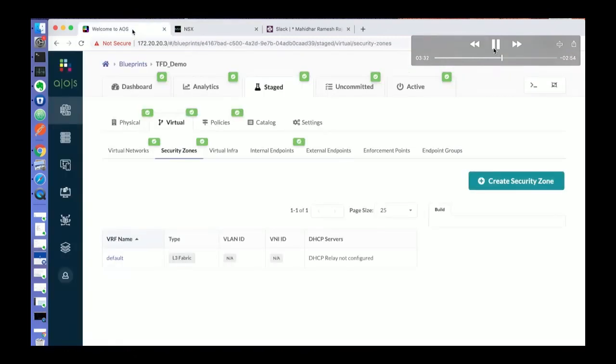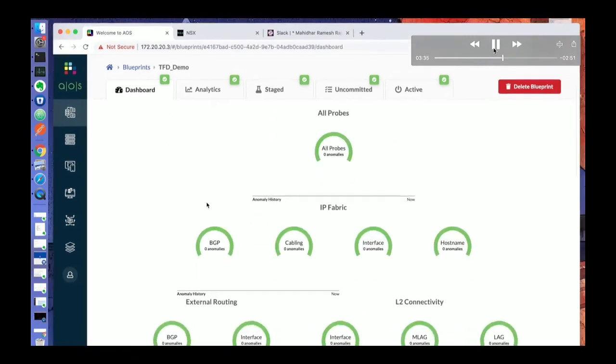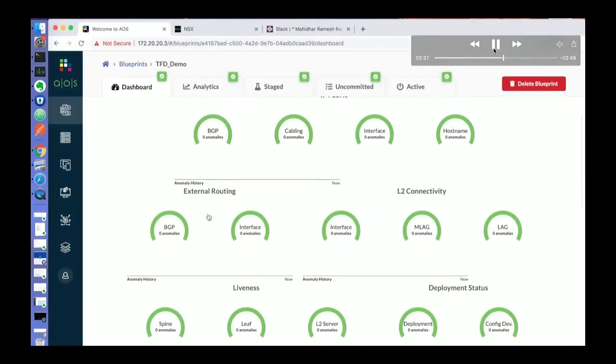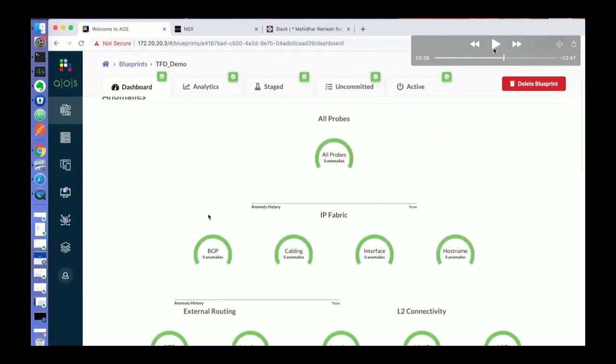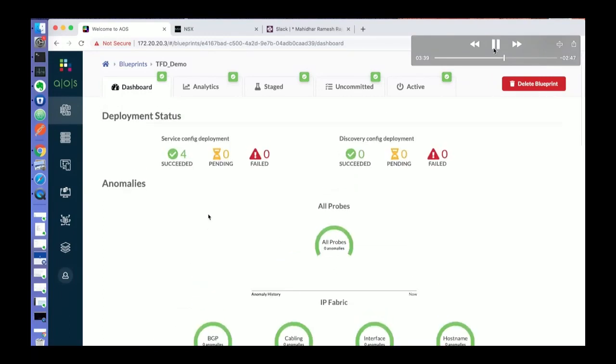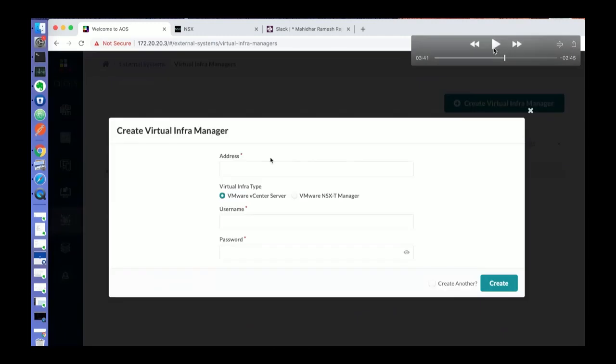So if I look at the AOS dashboard again, from a physical infrastructure perspective, everything looks fine as well. I don't have any anomaly reported by AOS, and I've deployed my virtual network. So what went wrong? In order to figure that out, I'm going to use the new AOS feature